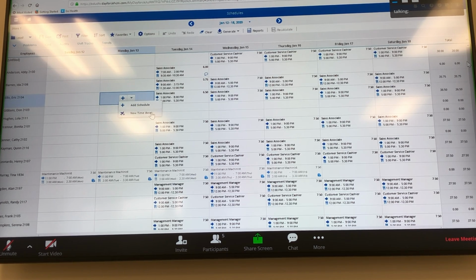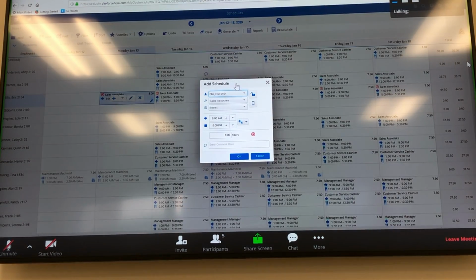Here I can add in a time away from work request if I need to, or add in a schedule. I'm just going to add a schedule. So it brings up this box, and it shows me I'm scheduling Eric. It shows me his work assignment, which is sales associate. So you'll only see their primary work assignment. If they have more than one, then you can hit the drop-down menu, but Eric only has one. And then this is the start time and end time of the shift. I'm going to say I'm going to schedule Eric from 1 to 9 on Monday. So I would click there and hit 1P for 1 p.m.,